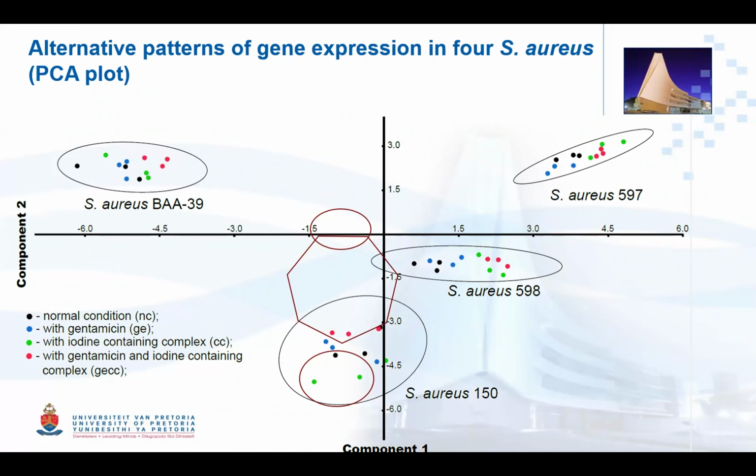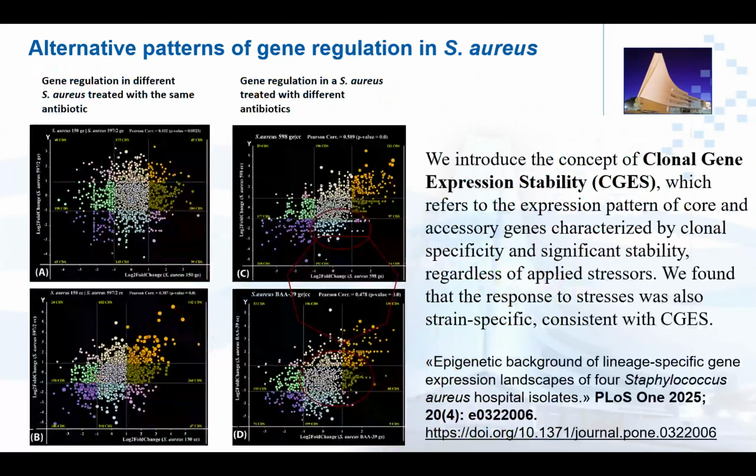And these are very stable patterns of gene regulation and gene expression. And one new paper was published last week. Basically, it's not yet available online. It's a paper where we make such a general biological conclusion about clonal gene expression stability, which refers to the expression patterns